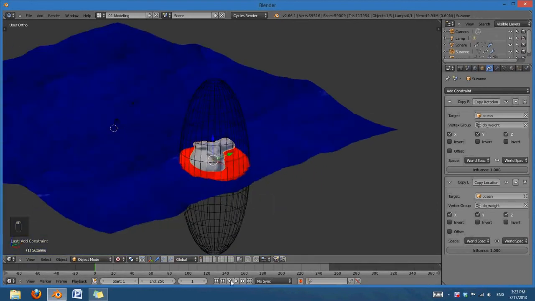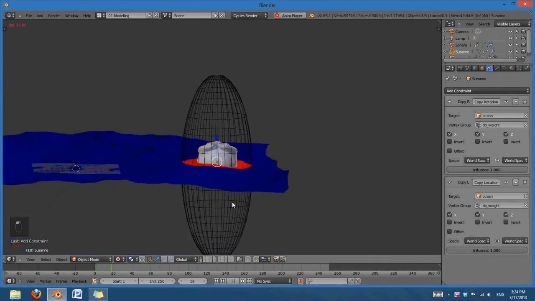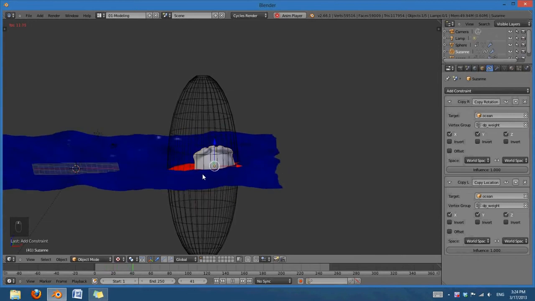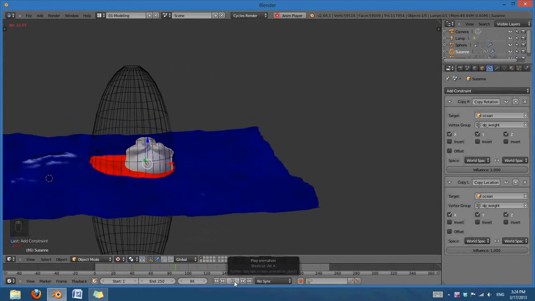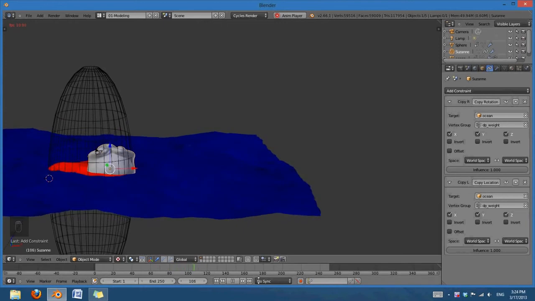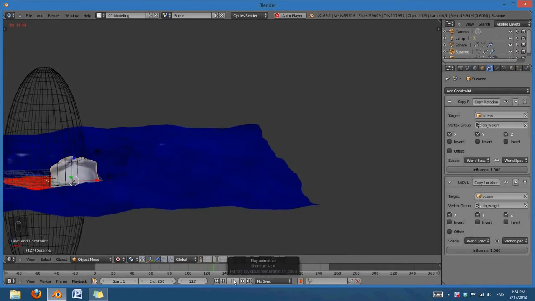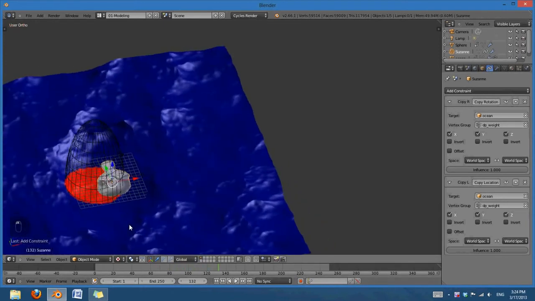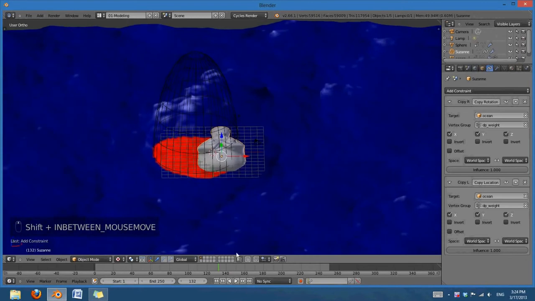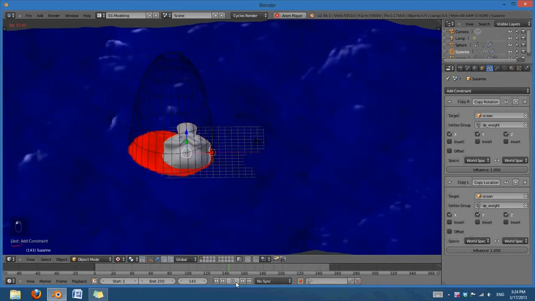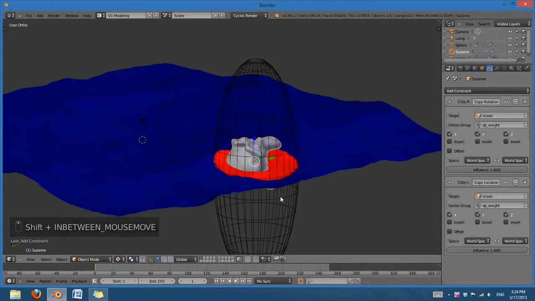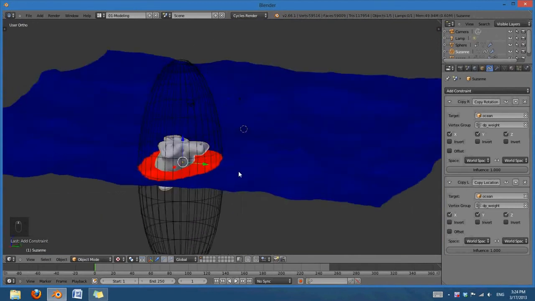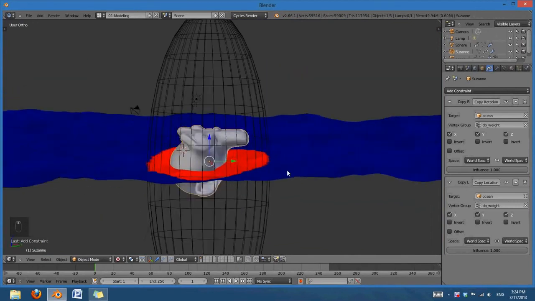And there we go. So now you can see that not only is it following along the sphere, it is also bobbing up and down in the water. And since we have this scaled up on the Z, it's always going to have a spot somewhere. And you can see it doesn't necessarily follow it exactly, it lags behind a little bit, but overall that's okay. And that looks good. One thing, it doesn't really look like it's floating anymore since it's rotated,